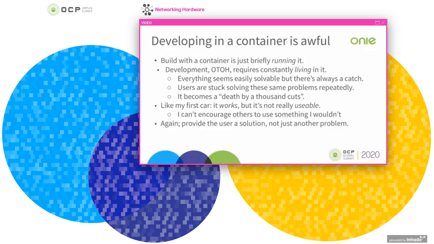Everything seems easily solvable, but there's always a catch. Users are stuck solving the same problems repeatedly, and it becomes a death by 1,000 cuts of things that are just inconvenient, that should be easy to fix, but don't seem to warrant the time to fix them. Again, like my first car, it works, it's not really usable. And I can't encourage people to use something that I wouldn't myself. And coming back to providing a solution, not just another problem,